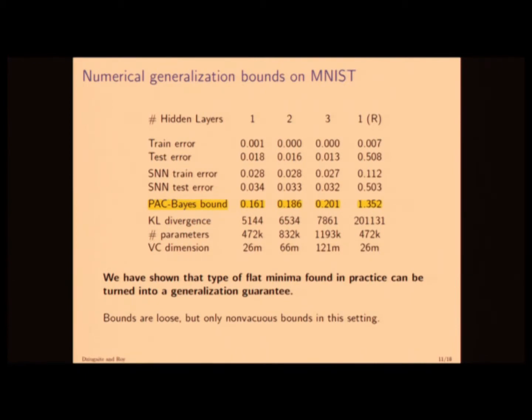Now we optimize the stochastic neural network, and we end up finding empirically that it stays near the SGD solution. So you're inside a little pocket already. And what we find for the PAC-Bayes bounds is, for the one-layer neural network, our risk bound comes in at 16%, 2 layers 18 and change, and 3 layers 20. All right, so what this demonstrates, I guess I'm trying to say a tautology here, is that for the type of flat minima that we just found in practice, the PAC-Bayes theorem returns a non-vacuous generalization guarantee.